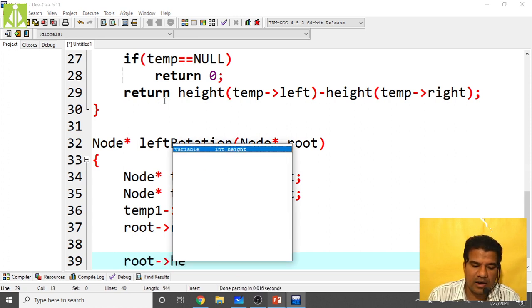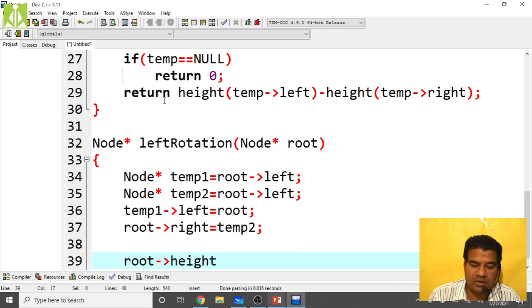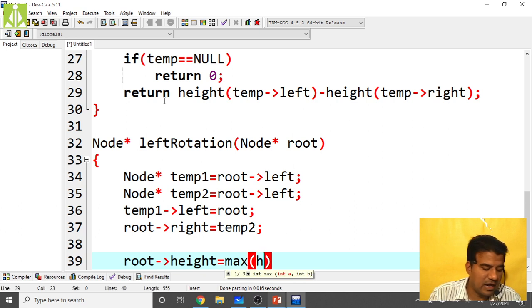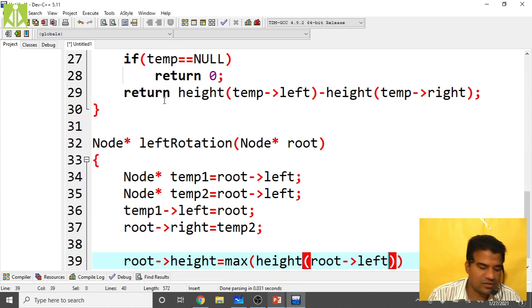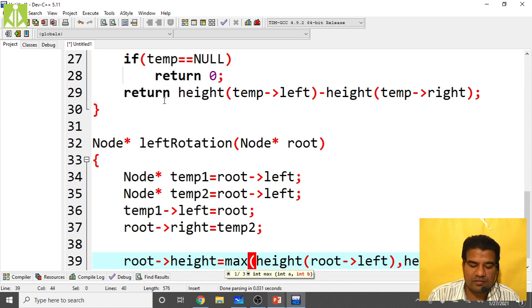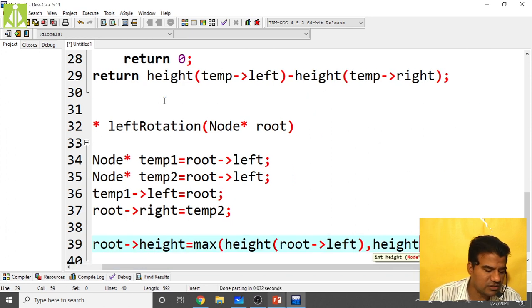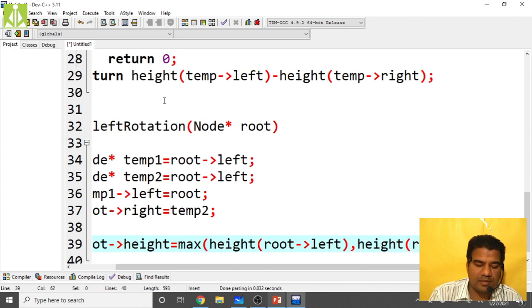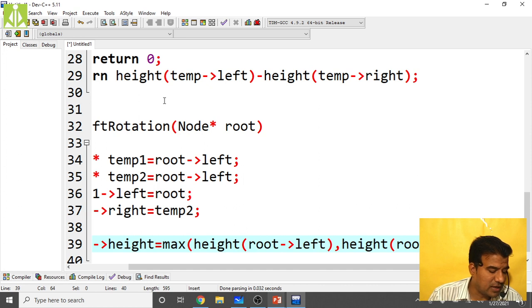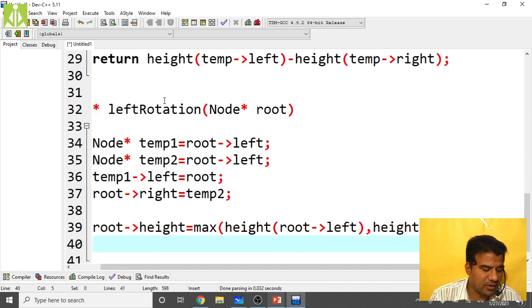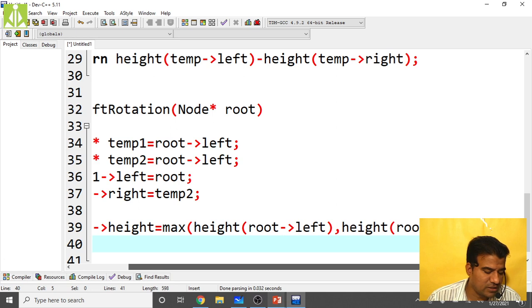Then it is some tough code we are writing here. Root of height equals to the maximum of height of root of left and height of root of right, plus 1.